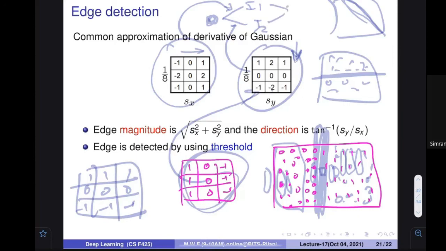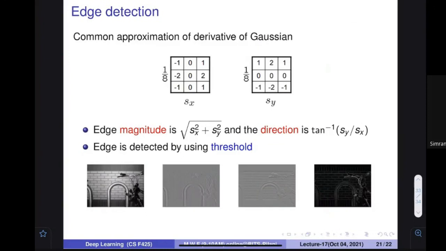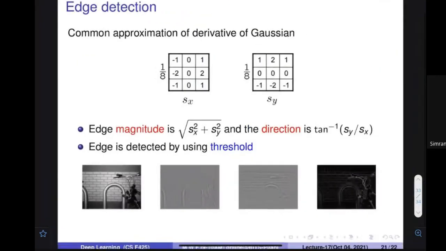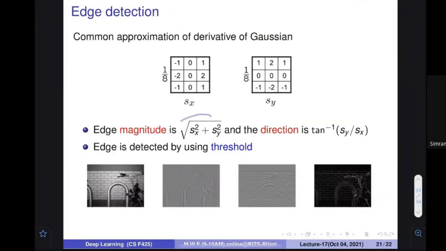Then using the value at a particular pixel location, you create another image, image number 3, where the values are the square root of Sx square plus Sy square, let me say Ix square plus Iy square under root. By this you can find out the value. The places where there is a high value mean that there are edges. Sometimes you can do one more thing: if the value is greater than a threshold, you say that an edge exists, otherwise it does not exist.